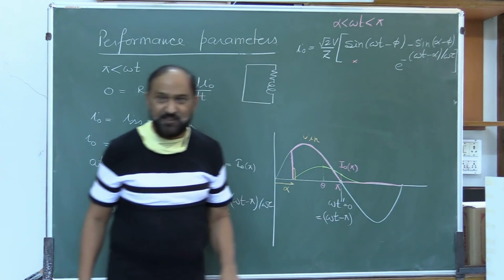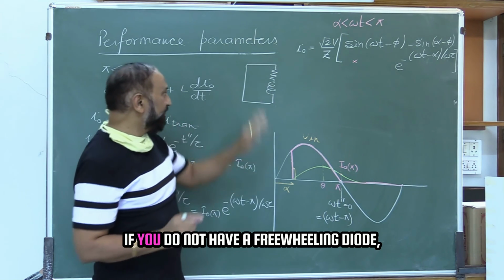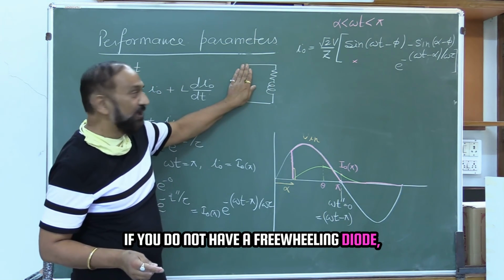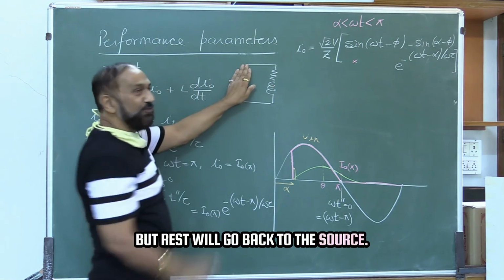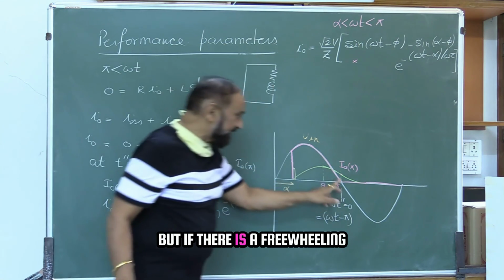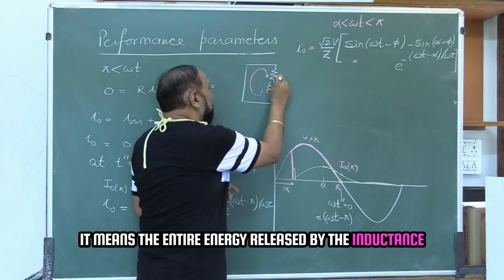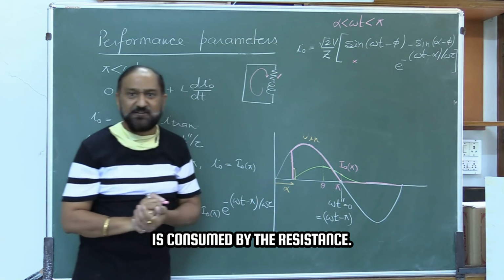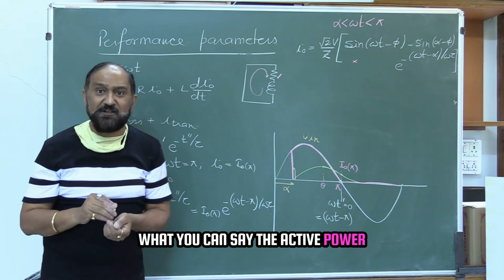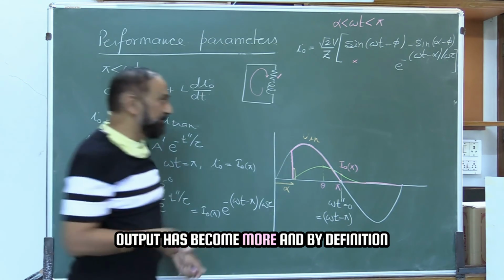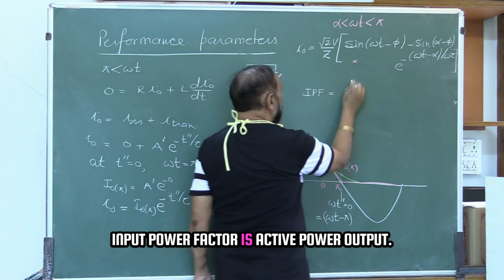Beyond pi, inductor releases the rest of its stored energy. If you do not have a freewheeling diode, part of the energy will be consumed here, but the rest will go back to the source. But if there is a freewheeling diode, it means the entire energy released by the inductance is consumed by the resistance. The active power output has become more, and by definition input power factor is